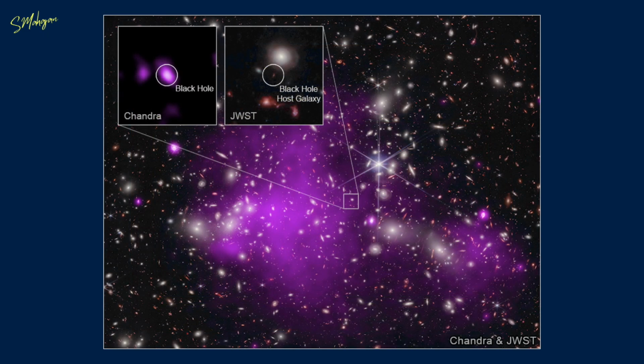Due to their incredible luminosity, quasars can act as standard candles to explore the distant universe. This image shows the galaxy UHZ1 in a composite image with data from NASA's Chandra X-ray Observatory and the James Webb Space Telescope. The tiny orange speck seen in the JWST image is a supermassive black hole in a galaxy 13.2 billion light-years from Earth, which means the light we see was emitted by it when the universe was just 3% of its present age. That is, just 470 million years after the Big Bang.